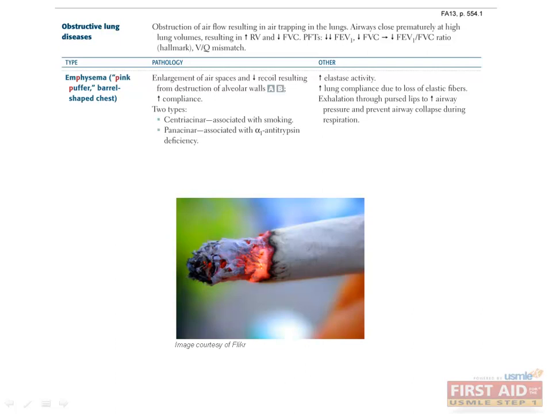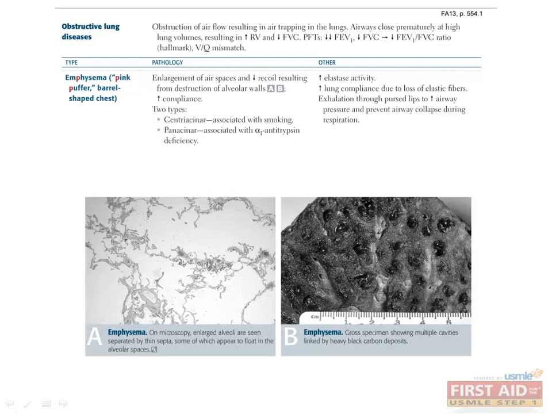Tobacco smoke, of course. So with smoking, you get this characteristic destruction of airways and terminal bronchioles, classically called centriacinar, before spreading peripherally. This leads to decreased recoil and increased compliance in the lungs, and presents with dyspnea, decreased breath sounds, tachycardia, early onset dyspnea, but late onset hypoxemia, and eventually wasting. The pink puffer look comes from the effort to puff through pursed lips to increase airway pressure and to prevent